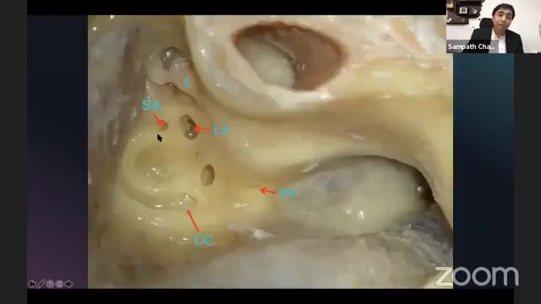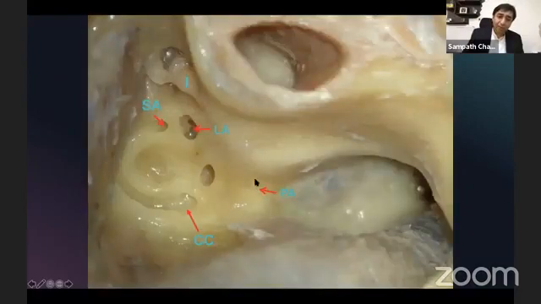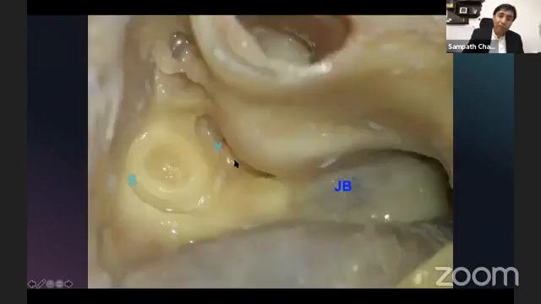Labyrinthectomy is completed. The superior segments are not really completed, but in progress. The ampullary end of superior, ampullary end of lateral, non-ampullary end of lateral, common crus, ampullary end of the posterior canal. So you merge all the ampullary and non-ampullary ends into the vestibule. You see this, how the posterior canal, a lot of people make this mistake. They stop at this point and think that they've drilled the posterior canal, but the posterior canal actually makes a loop like this up to the vestibule. If you don't do this, you leave some sensory epithelium, and this can lead to a failure of your labyrinthectomy. This is the vestibule. The entire labyrinthectomy has been completed.